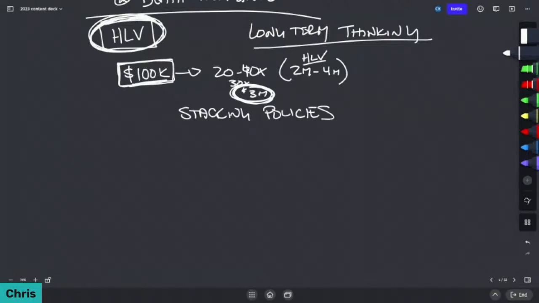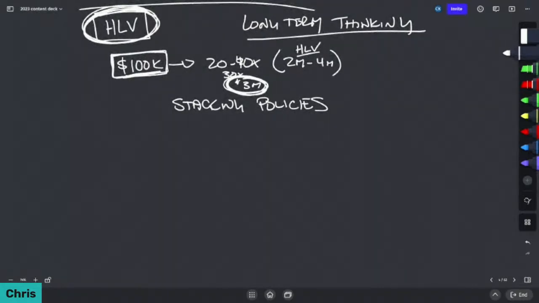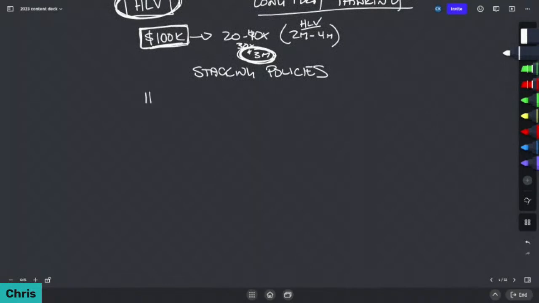When I talk to anybody, I'm not ever going into a situation trying to focus on maximizing their whole life insurance. What I'm first and foremost looking at is trying to maximize their human life value. I'm just going to use this $3 million situation as an example. So let's say they have $3 million of human life value. I know this is roughly what the insurance company is going to go for, and we're going to try to maximize that and go into underwriting for the maximum that they could potentially qualify for. That doesn't mean they have to take it all, but I absolutely suggest they should.